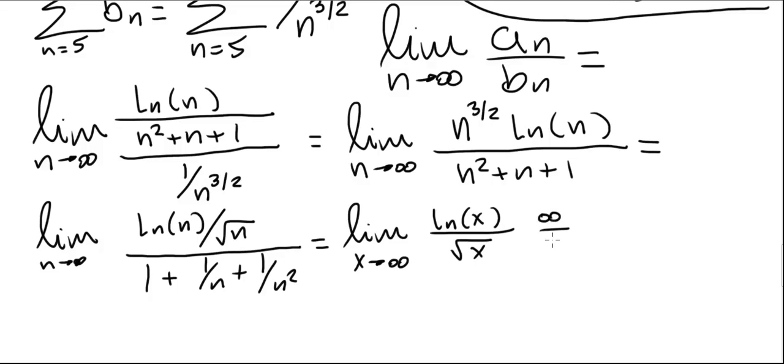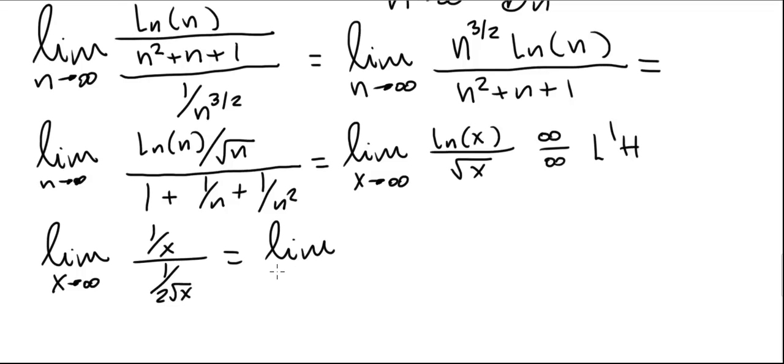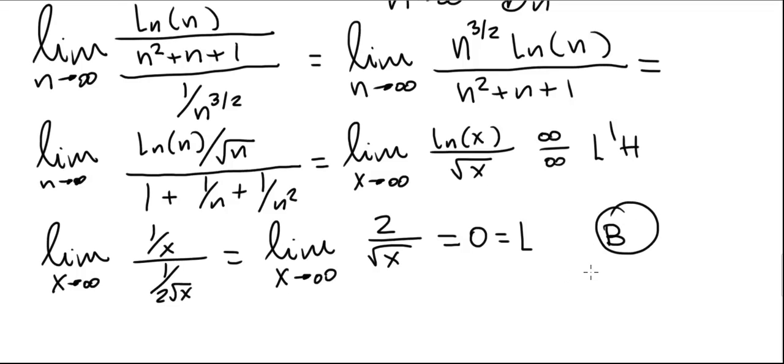This is infinity over infinity. We apply L'Hopital's rule, and this gives us now the limit as x goes to infinity of 1 over x divided by 1 over 2 square root of x, which is the limit as x goes to infinity of 2 over square root of x. This limit goes to 0. This is our L. We're now back in case B, but this time our Bn series is